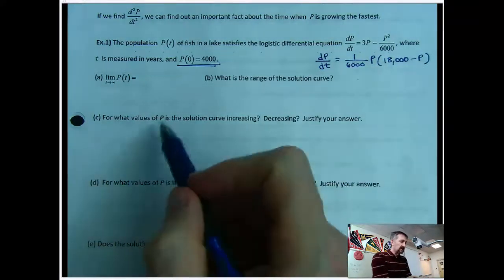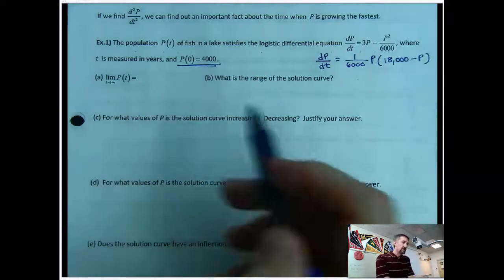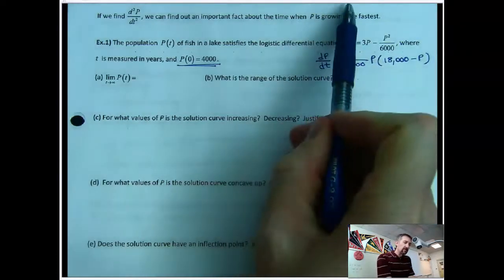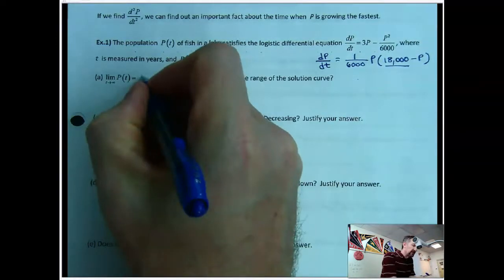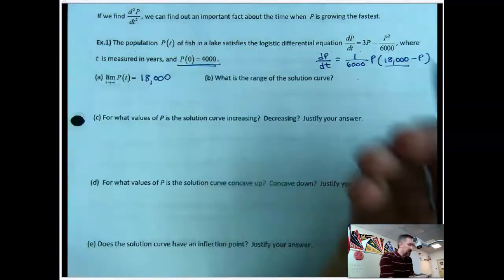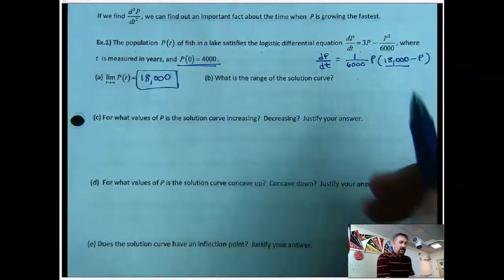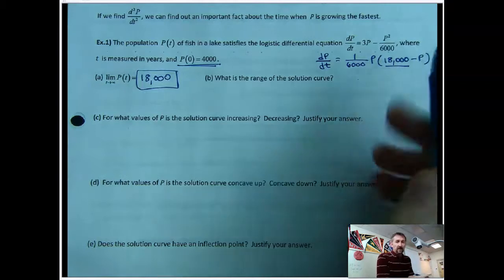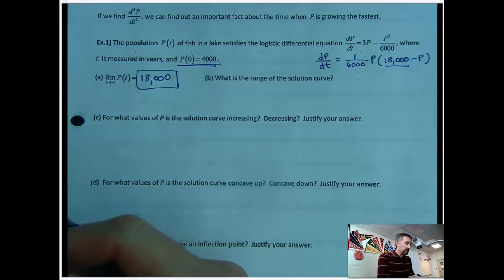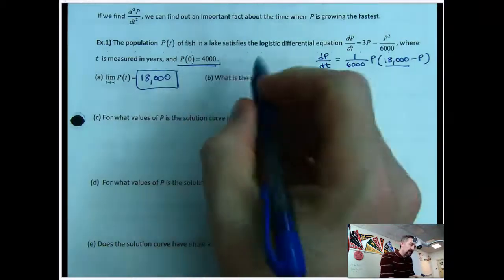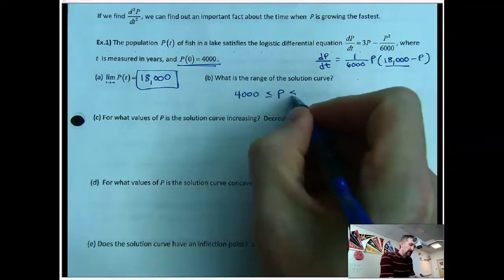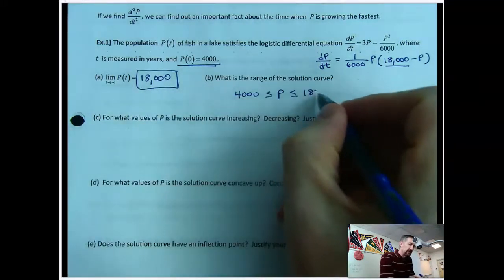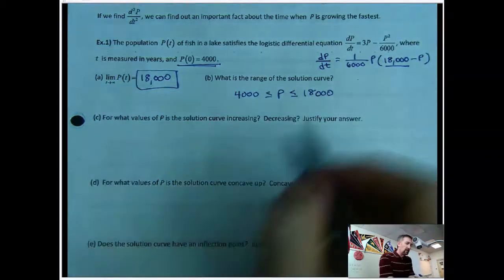So if we want to find the limit of the actual function, the limit is L. It's in there. So it's whatever that number is. We don't have to use any of our limit tricks or anything like that. It's just the L from that formula. So the trick we used actually was to factor out these other things, so we would just be left with L minus P. Okay. What is the range? Well, it tells us that we started at 4,000, so we have 4,000 there, and then the maximum, the limit, is going to be 18,000. Okay.